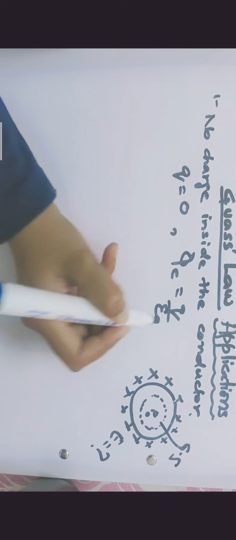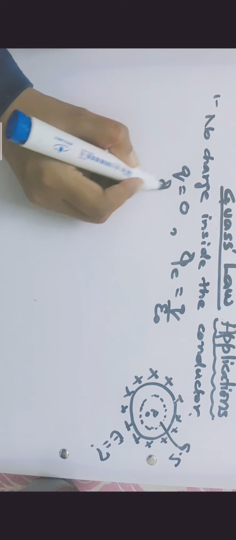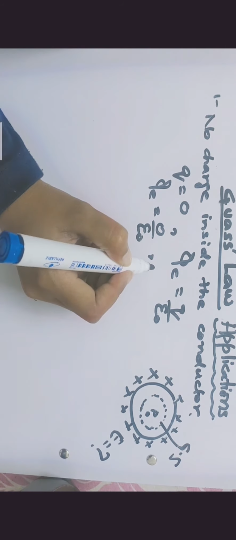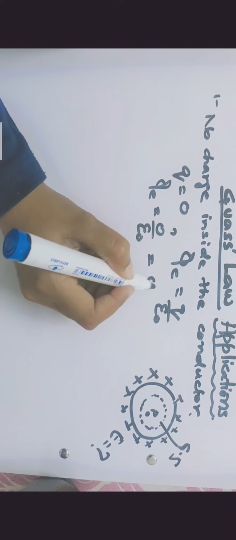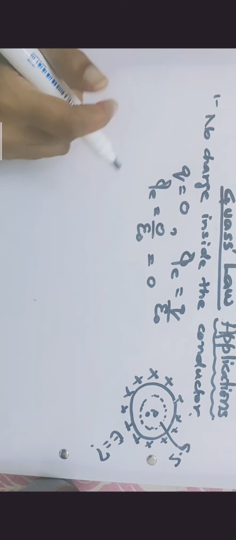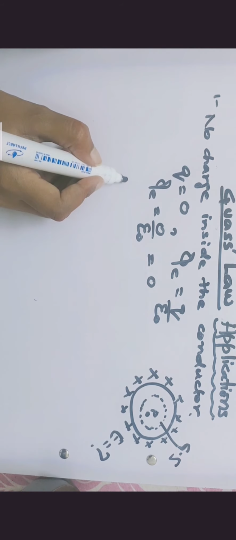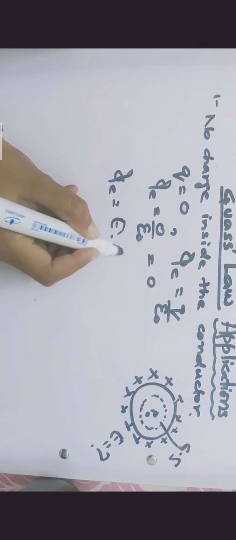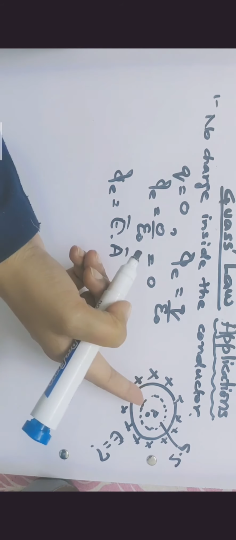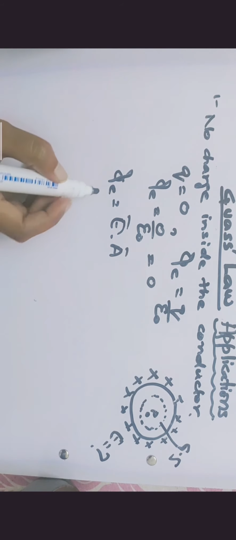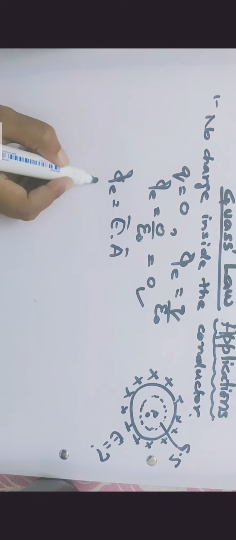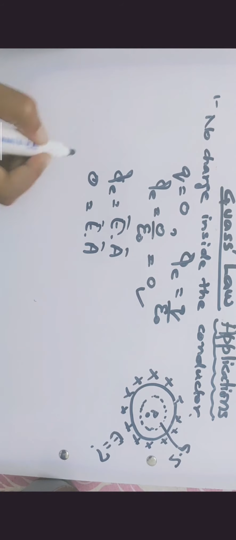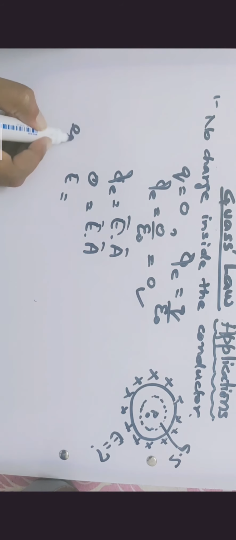Then by Gauss's law, phi equals q over epsilon naught. Putting q equals 0, the value of phi would definitely be 0. So in this case the total electric flux would be equal to 0 inside the metallic conductor. And phi E has another formula, that is E dot A. If the value from the above equation is 0, then there can be two cases: either E equals 0,